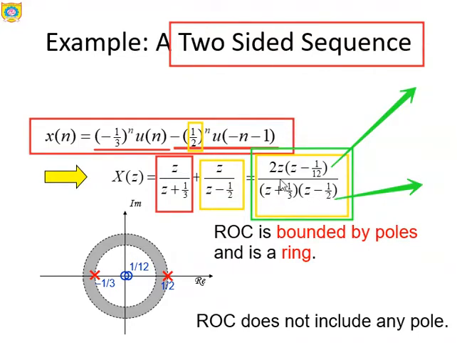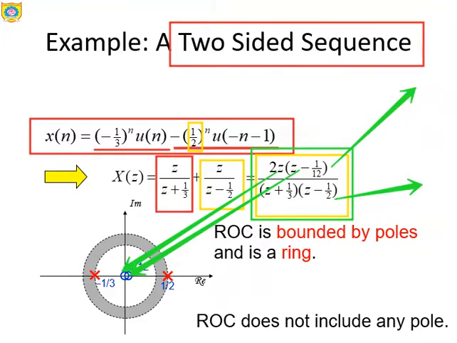Let's check what the zeros will be for this numerator part when we equate it to 0. Obviously 2z(z - 1/12) = 0, means z = 0. So for z = 0, this is the first zero which we are getting. Similarly, z - 1/12 = 0 gives z = 1/12. So the second zero is almost at the same point, since it is 1/12, so it is indicated over here with the second circle just nearer to the origin.